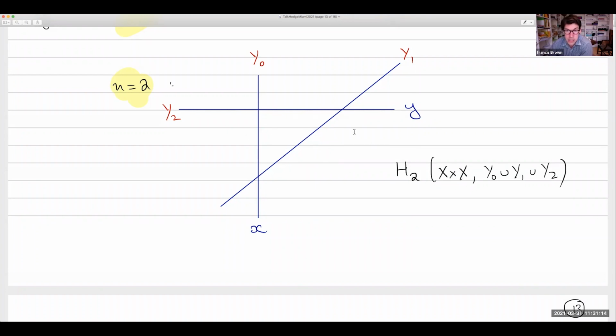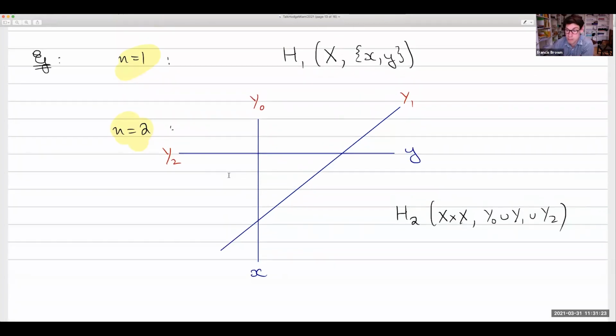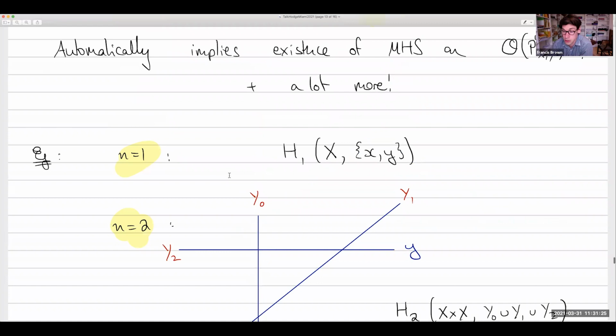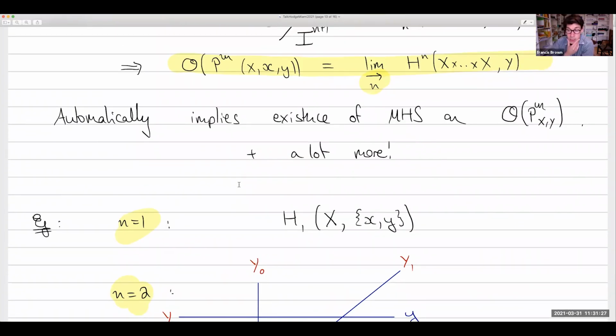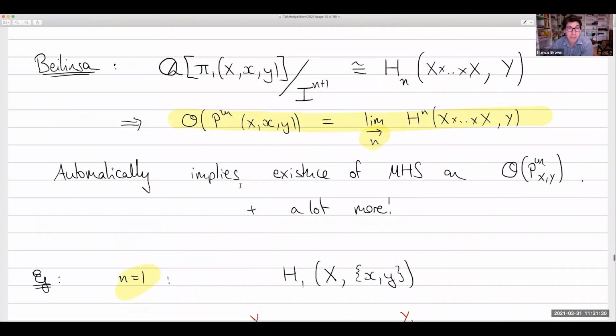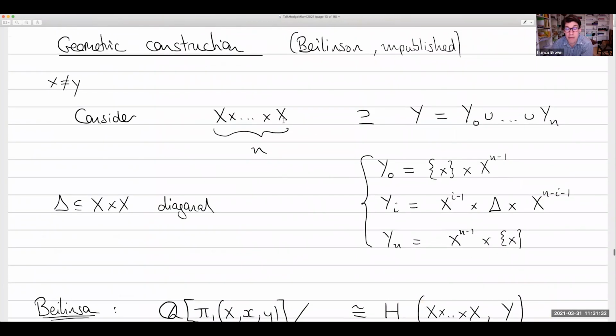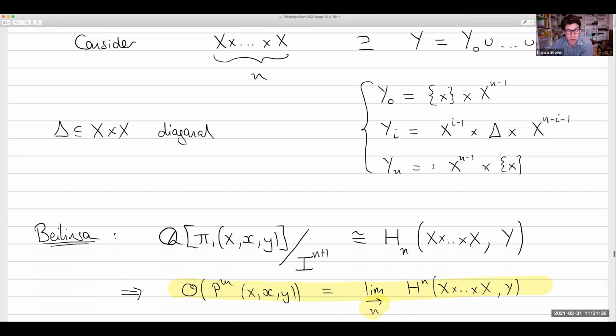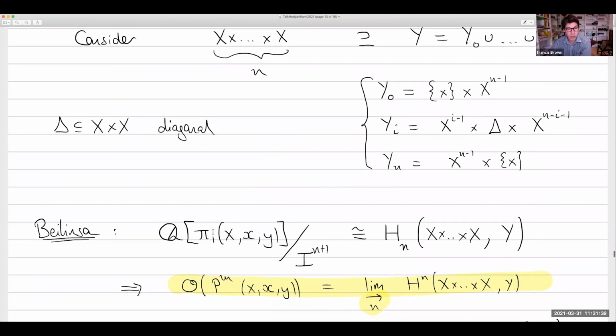You can also consider the degenerate case when x equals y, and these will not be normal crossing in that case. And there's a way to deal with that by taking a small variation on this construction, which is in a paper of Deligne and Goncharov. But let's just look at the case x not equal to y. So we have this variety and we have this divisor, and Beilinson proves this absolutely stunning theorem, which is that